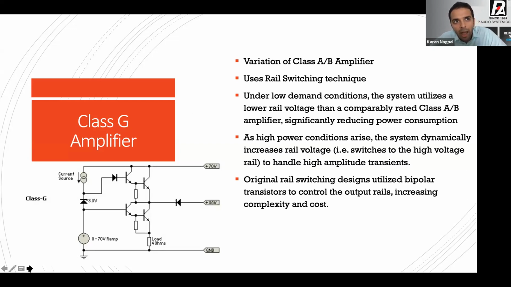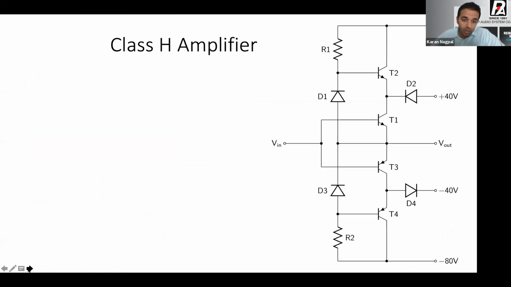Now, class A, class B, class G, it's not something that's named after someone. There is a class C as well, but I don't think it's used in audio at all. It's more non-audio based, for signal transmission applications. So there's class A, class B, class C. There's also class D, which we'll come to again. And again, this is class H, which is quite popular.